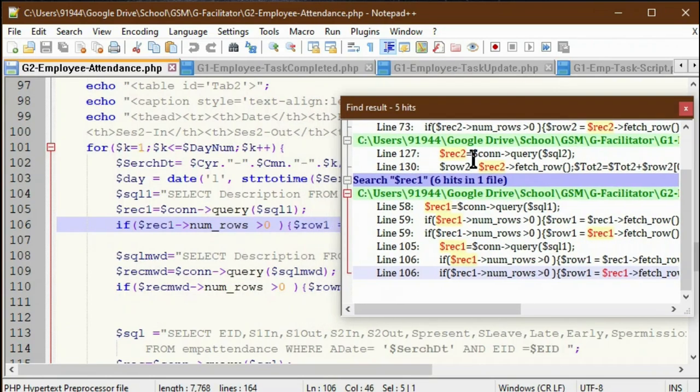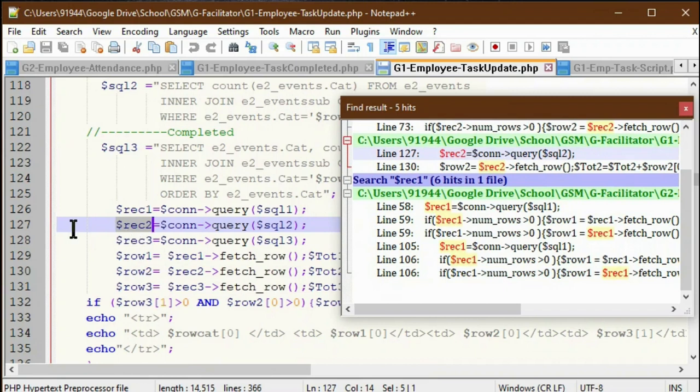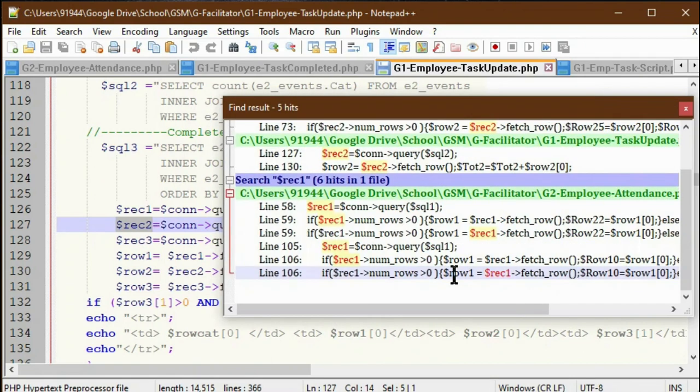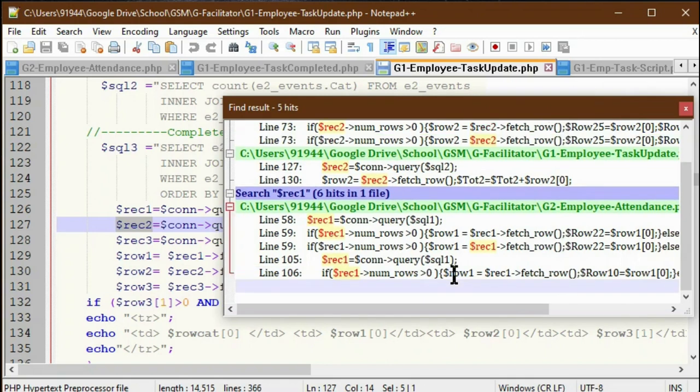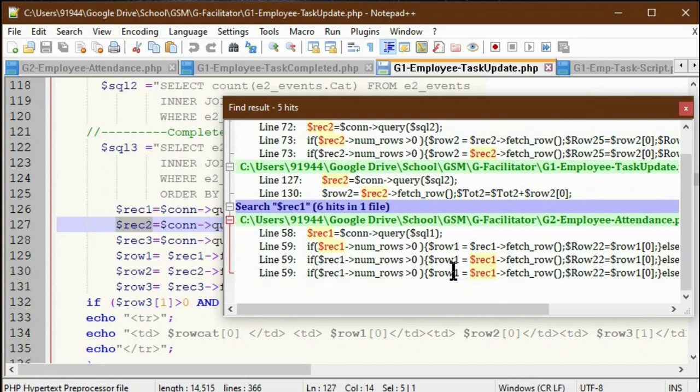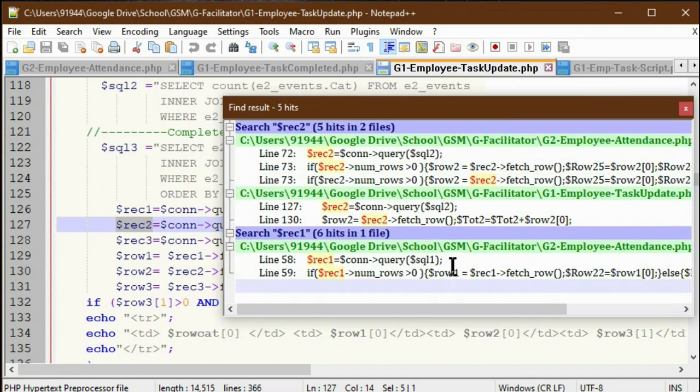By double clicking a line, it moves to the main editor window and positions the cursor on the matching word at the selected line number. To tidy up search results, we can remove some of the results with the Delete key. Locate the line and press the keyboard Delete key. It deletes the line from the result window. Remember, it only deletes the line in the Find result window and not in the file content.